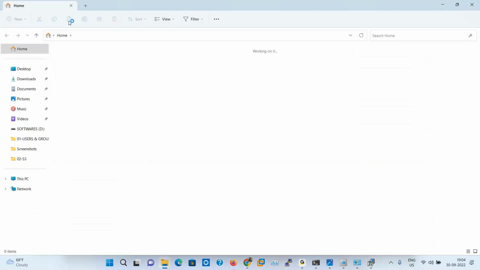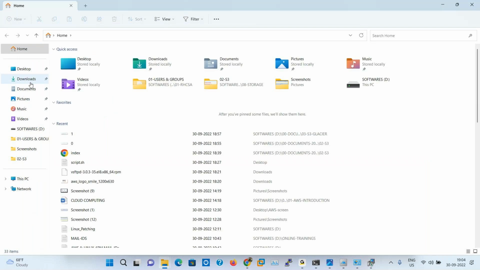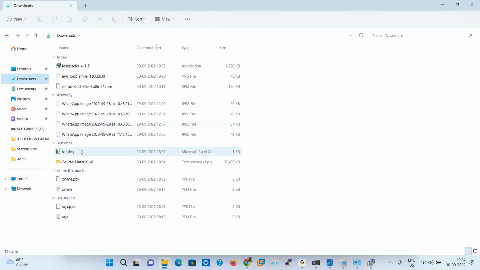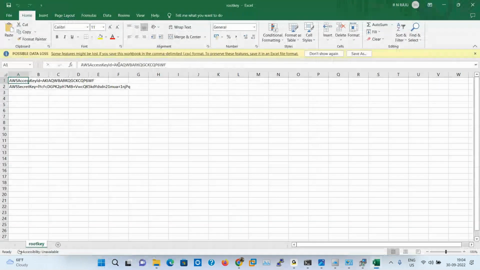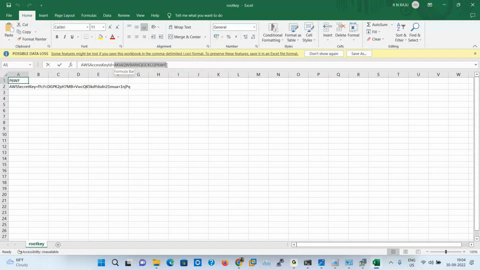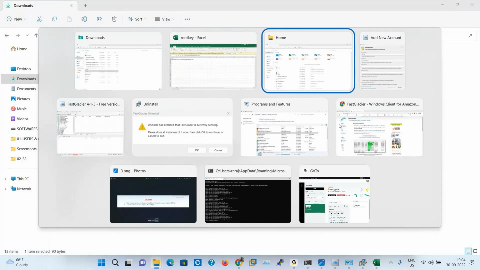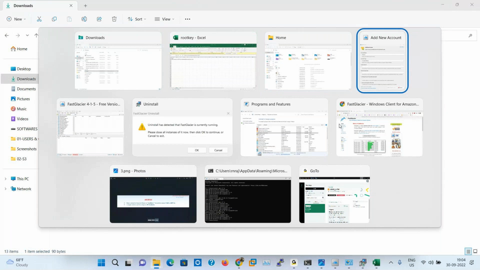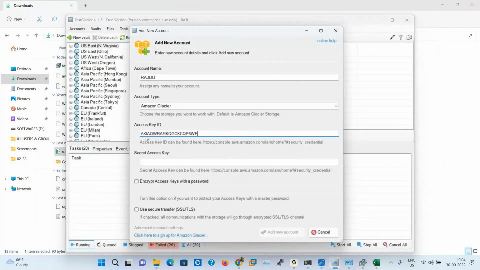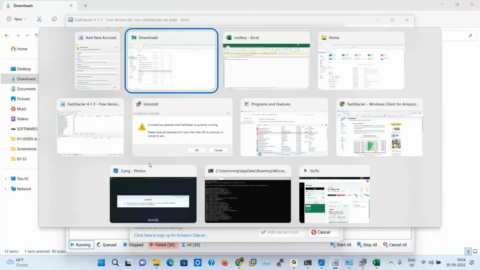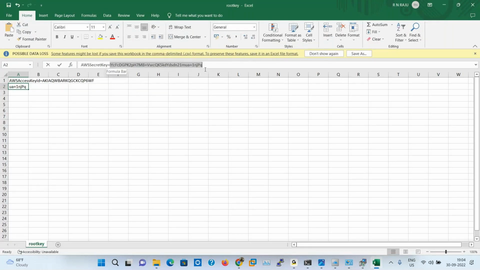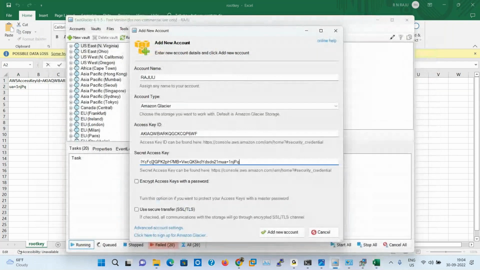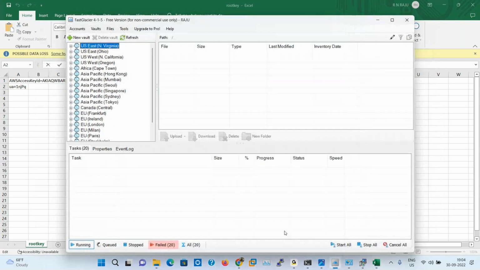I want to add the access key ID with my root account. After adding keys, it will automatically connect the account. Then the new account is successfully added.